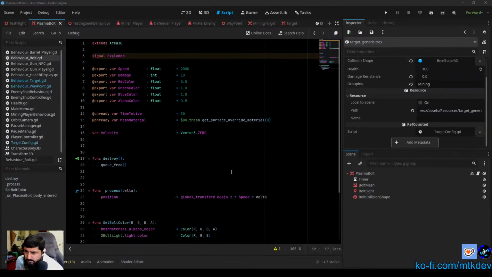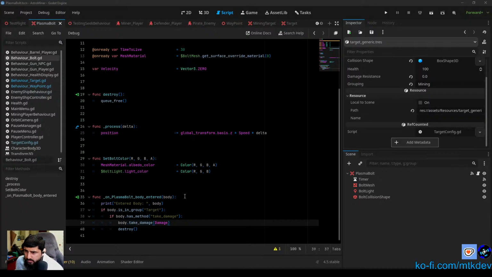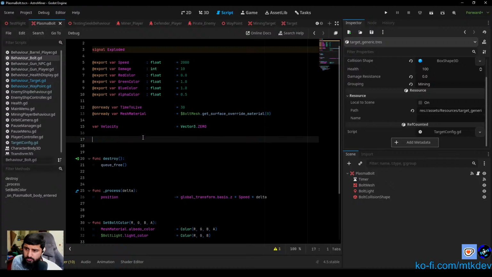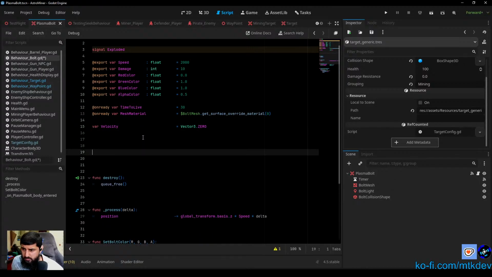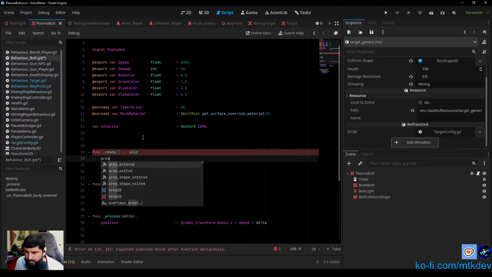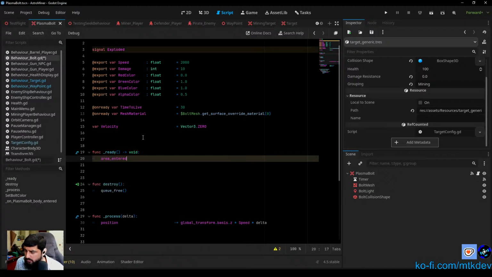So in the ready function, so let's do that. We will have a function for ready, and then here we can say area entered dot connect to on plasma body entered,